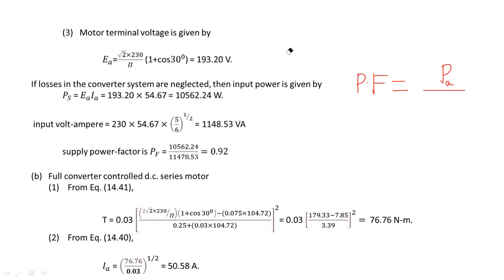Apparent power we can represent as S. Active power P, apparent power of the input S. So the ratio between active power to the apparent power will give the power factor. You know the power factor,